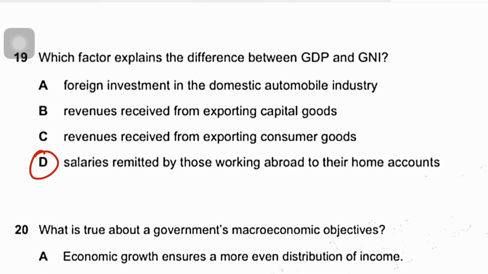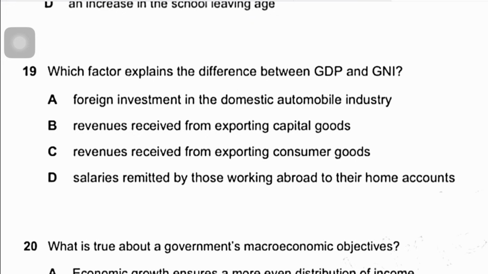Because you see, while GDP is measuring the output that is produced in the country, the GNI would measure the income that is received by this particular country. GDP is measuring both the output and hence the income, which is equivalent. The value of the output is equivalent to the value of the income generated that is produced within the country's borders. Your GNI is measuring the income that is received by this particular country.